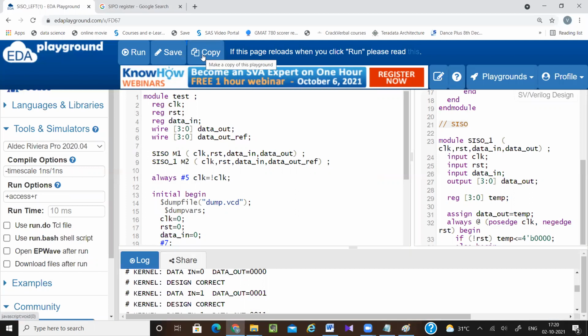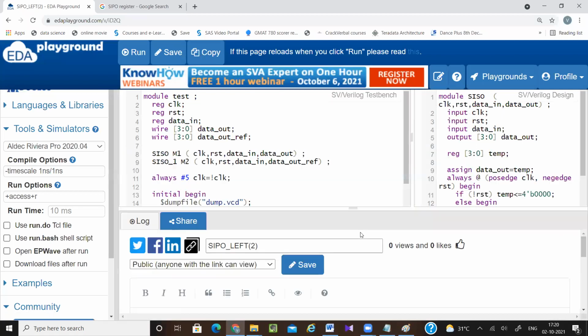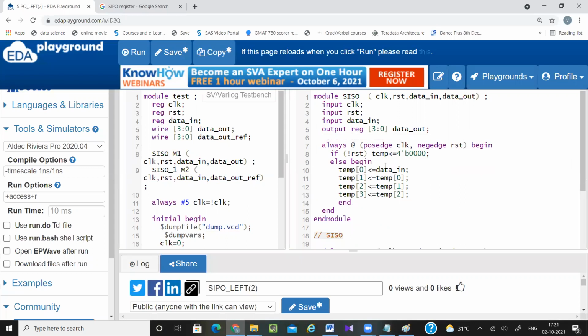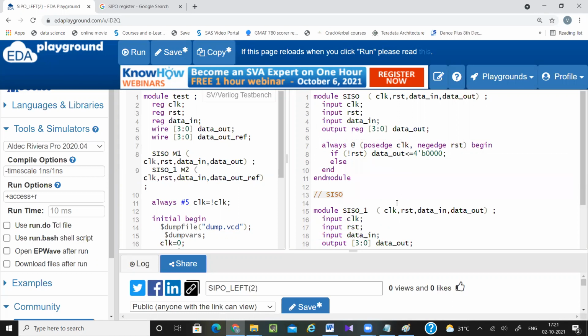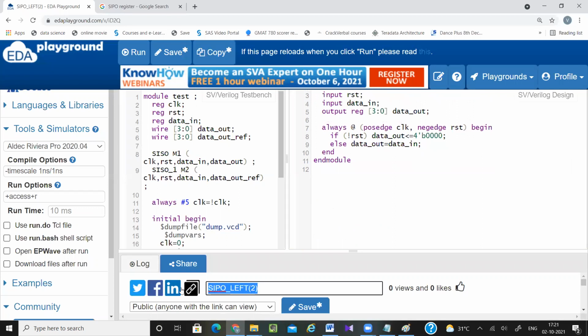If you know the D flip-flop code, then in the D flip-flop you are taking D out as 1 bit. So here you have to take D out as 4 bits. Everything else will be the same. These things are not required. Simple D flip-flop. If reset, then data out equal to 0, else data out equal to data in. Begin and end module. So this is the code for PIPO, meaning parallel in, parallel out.